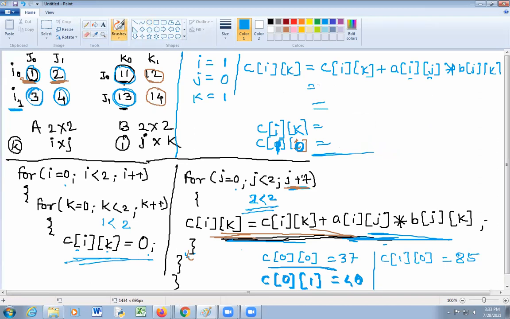So C of ik, that is C of 1 1, plus A of 1 j is equal to 0 into B of 0 1, that is 12.